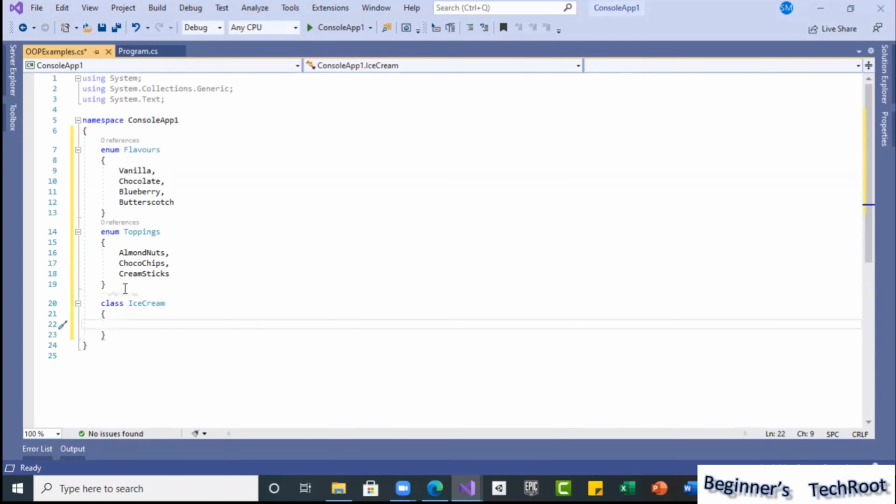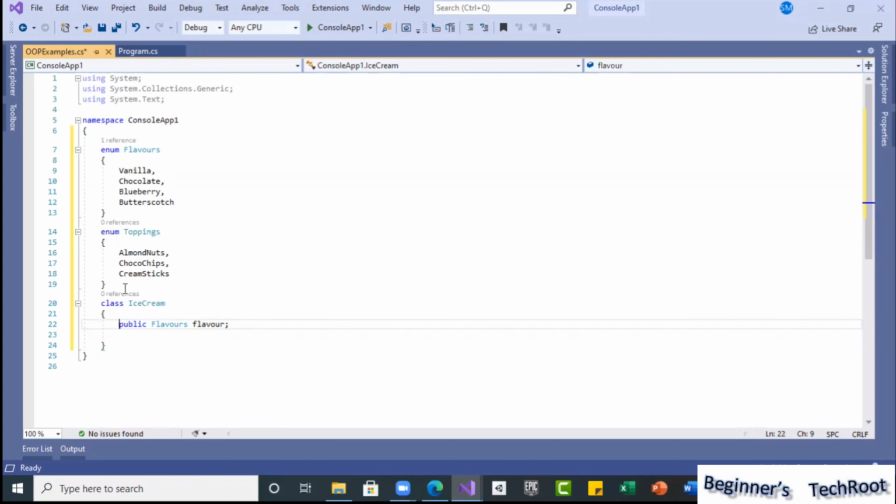Okay, so in this, I will use public fields. So flavors. Here I am going to use the enumeration Flavors, and I will define a variable named flavor in small letters. So the flavor variable we define, and even the type of the ice cream we can keep as the main base.